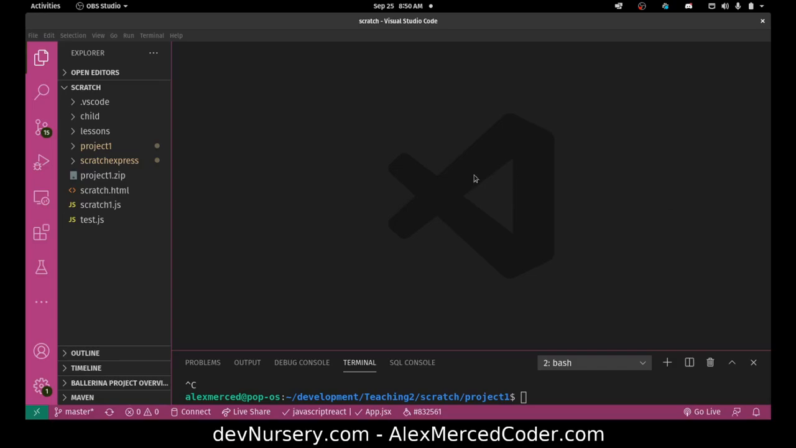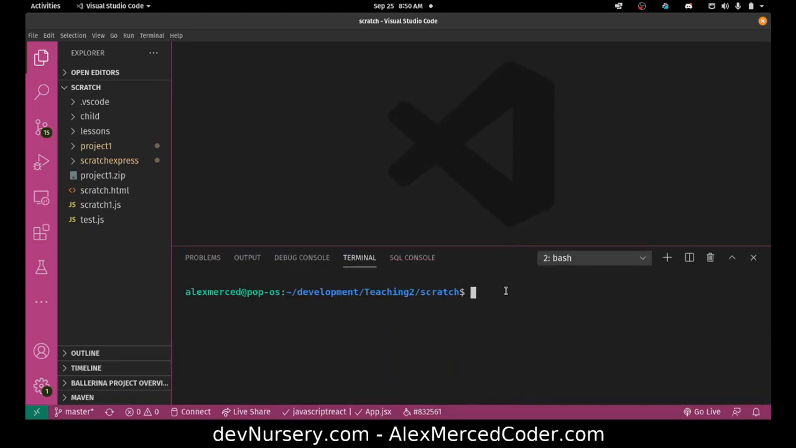So let's do it. First I want to go inside the main folder, so cd into scratch. Okay, I'm going to clear my terminal. And all you have to do is run the command npx